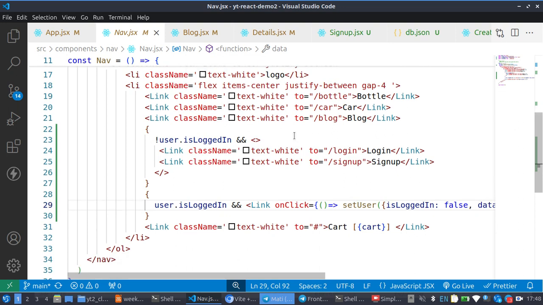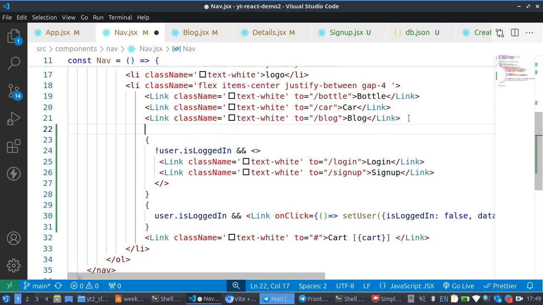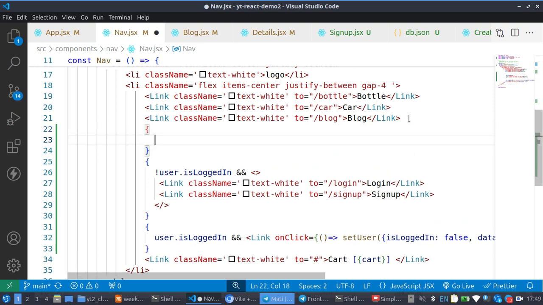Okay, this is just for the login. So I've not made that one here, so I have to conditionally make that. So after this blog, let me just copy this line, Ctrl C, then I'll come below it. Okay, let's leave it like that. So I'll come below this one and make and enter my JavaScript environment. Then now I will say if user